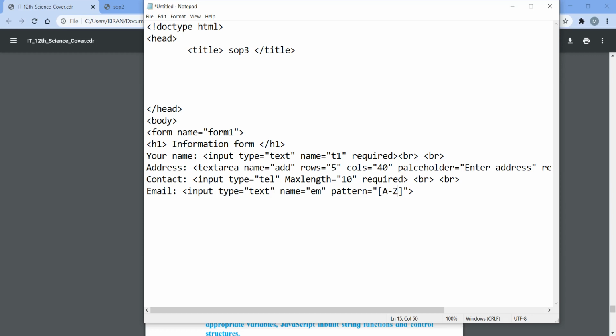A to Z, a to z, and then within a curly bracket 0 dash 9, after that dash, then at the rate, 1, then dash, dot and 1.